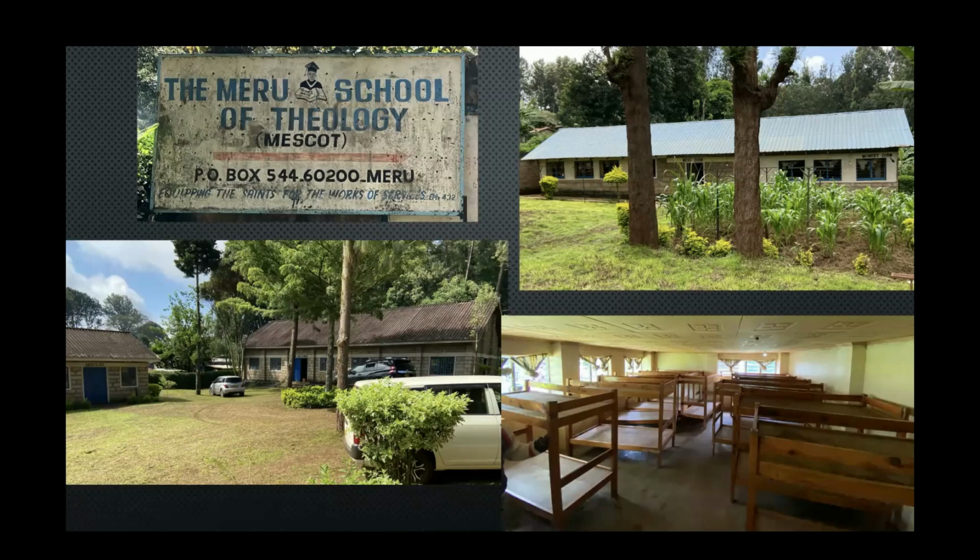So some of the pictures, the one on the left here shows you in the front, the building where they have their church services. And then to the left, there are classrooms. So there's two classrooms to the left. You can only see one half of that building, so you can see one classroom. But that one to the left, that's where we taught during the week. And there were larger assemblies, meetings of church leaders and stuff like that happening in the bigger building on Sundays. People worship in that building. On the right, you can see the dorm buildings.